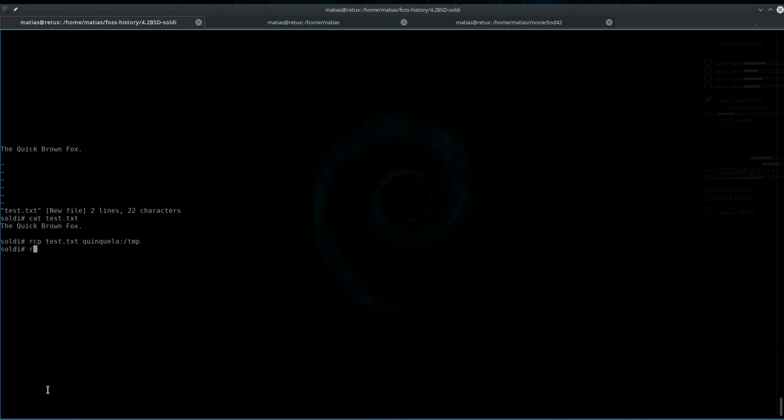Let's see, we can run a remote shell. Voila, we've got that file on the remote system, and that's the content of that file.